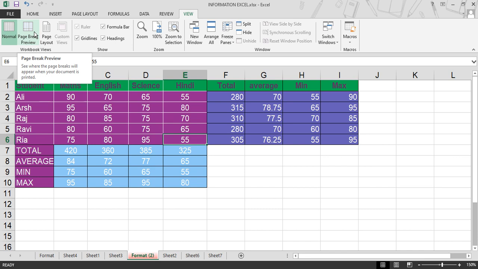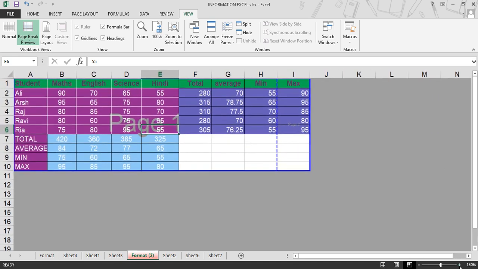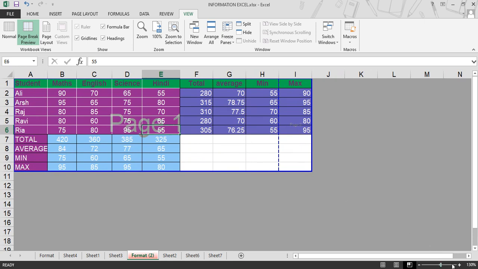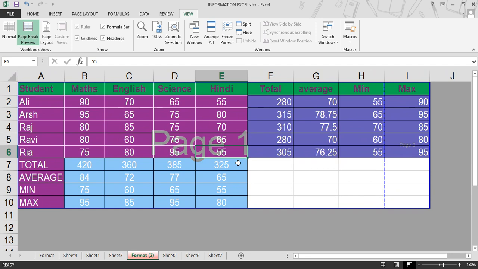With the help of this, you can break your sheet according to the printing page setup. So this is page break view. This dashed line represents a break here. And you can also see that this is page number 1, this is page number 2.